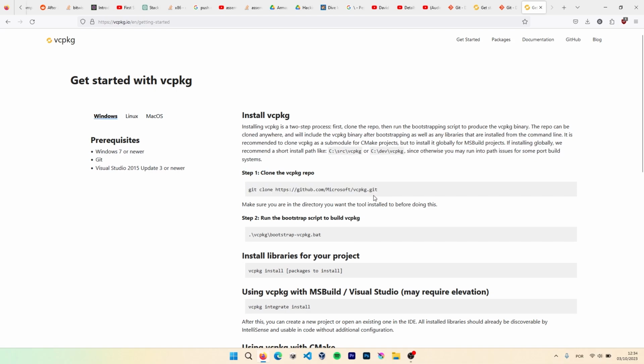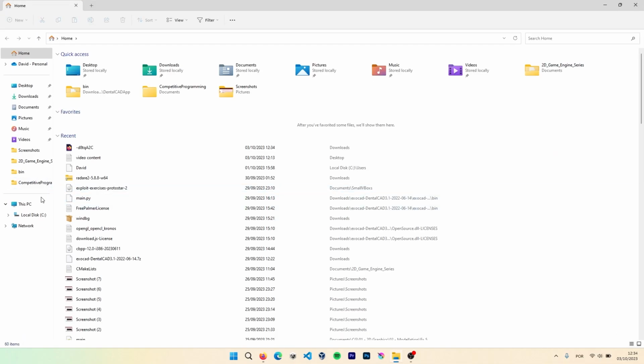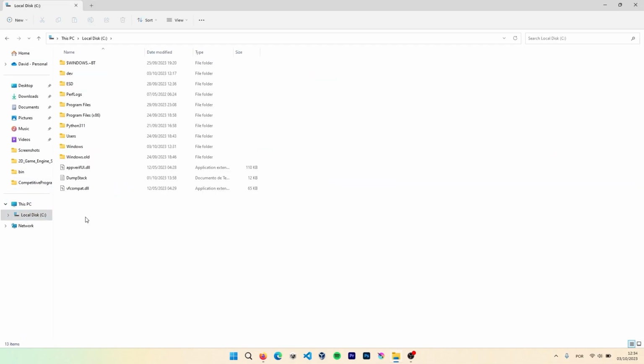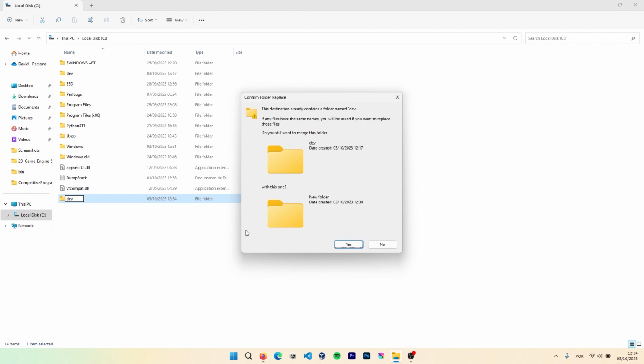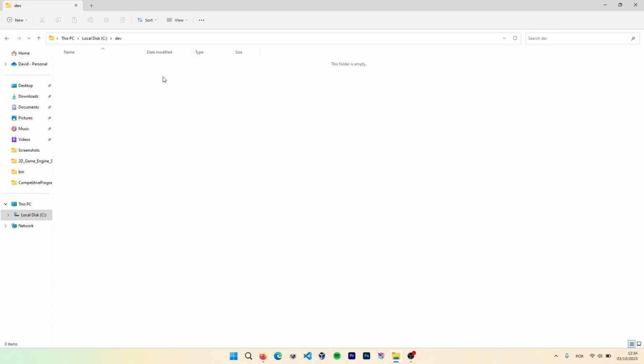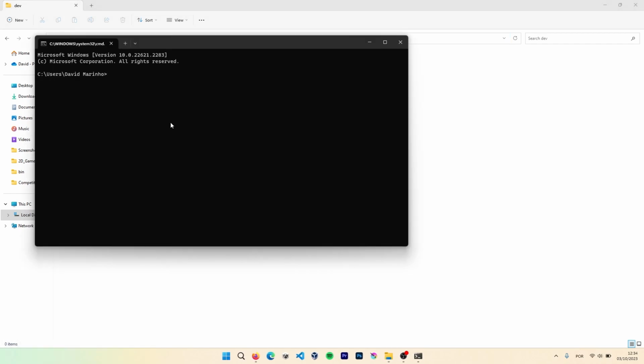Okay. So let's create a folder for vcpkg. We go here. We're gonna do a new folder, dev. Oh, I already have one, so I'm going to replace. Now we have the dev folder. And now we are going to download vcpkg to this folder. We are going to copy this path, Ctrl C. We are going to go to the cmd command prompt, and we are going to do change directory and the location. And we are going to do git clone